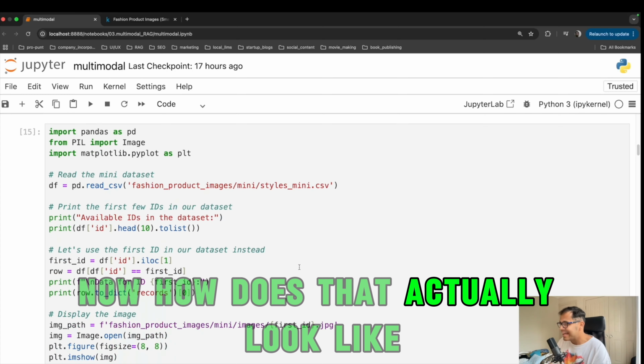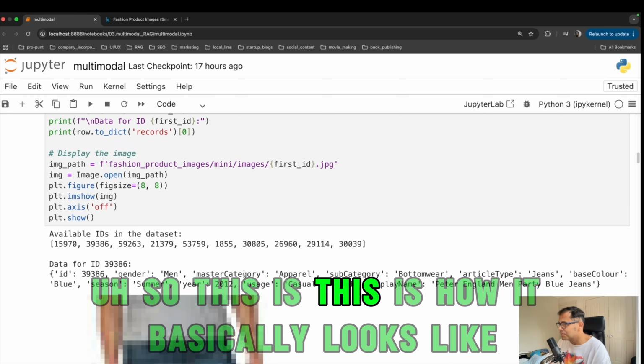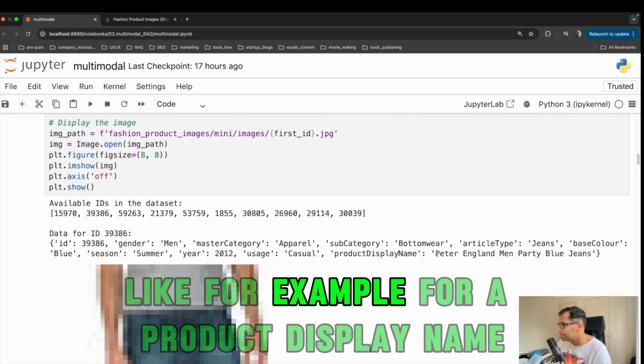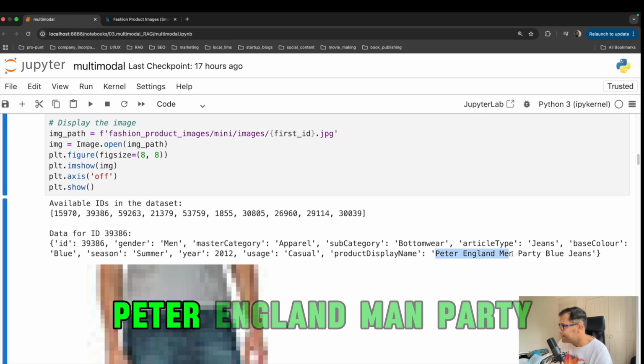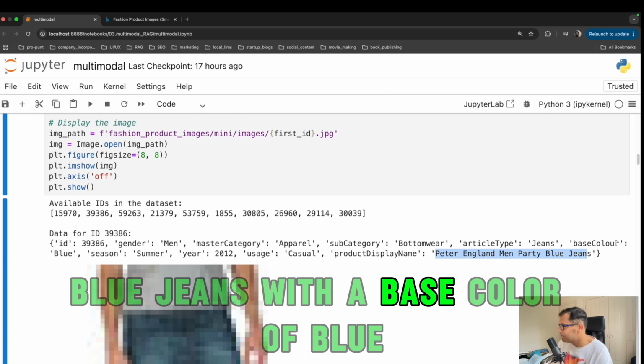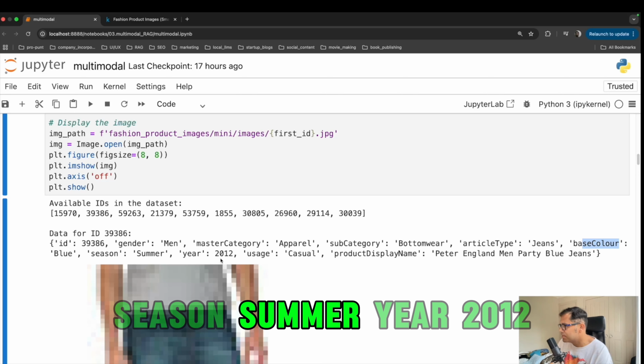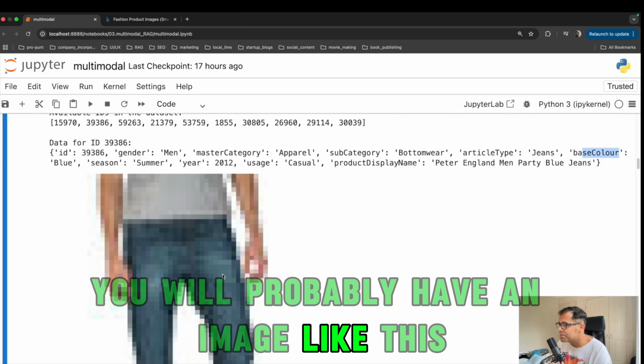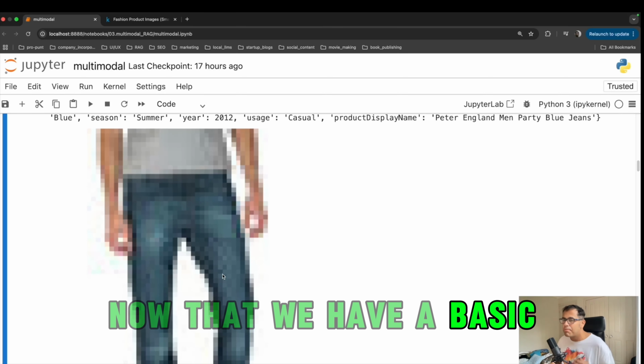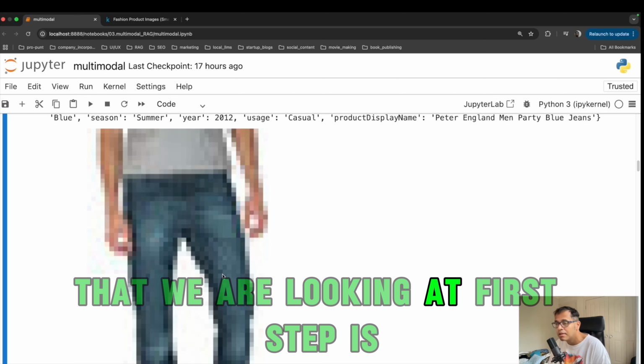Now, how does it actually look? This is how it basically looks. For example, for the product display name Peter England Man Party Blue Jeans with a base color of blue, season summer, year 2012, you will probably have an image like this. Good. So now that we have a basic understanding of the kind of data that we are looking at,